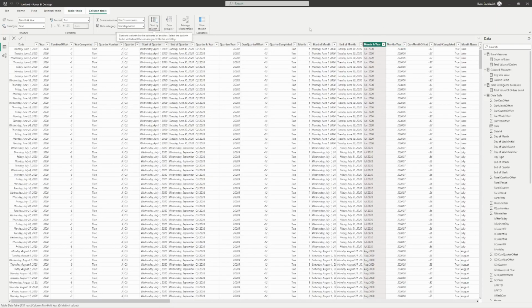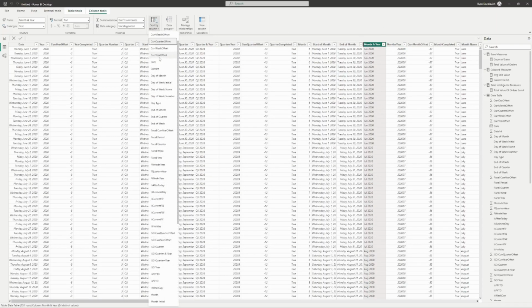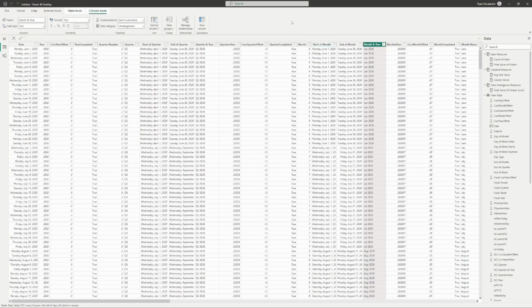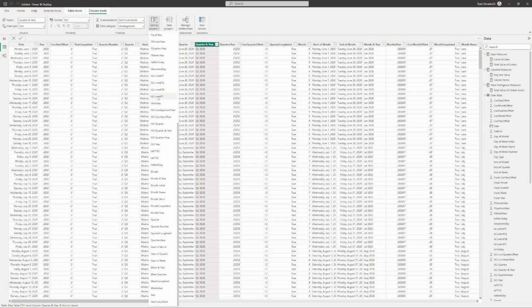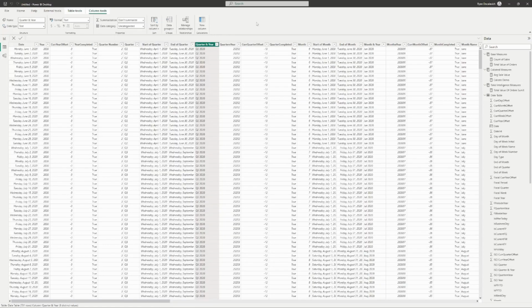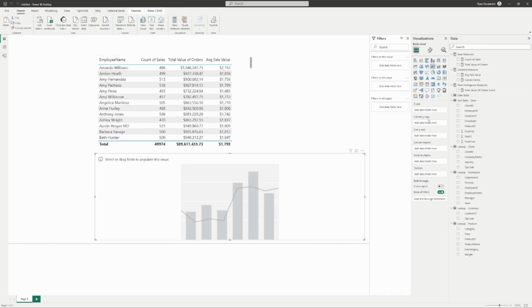Click on that guy, and then now it's sorted. You can see it's sorted when you click it again. It'll be month and year. And then do the same thing for any of these other ones that you want sorted, right? So any of the other and year ones, so quarter and year, again, sort that by quarter in year. And voila. So once we've got that all done, we can now go back to our report page, and let's